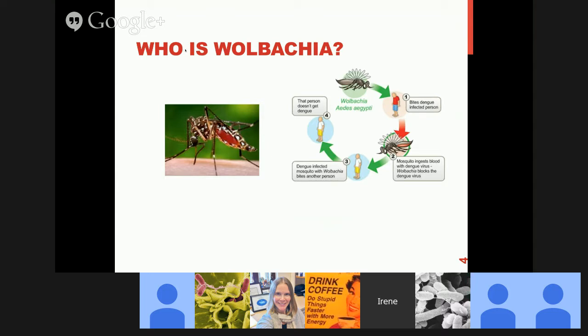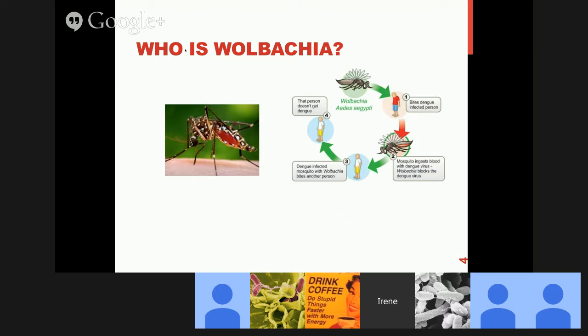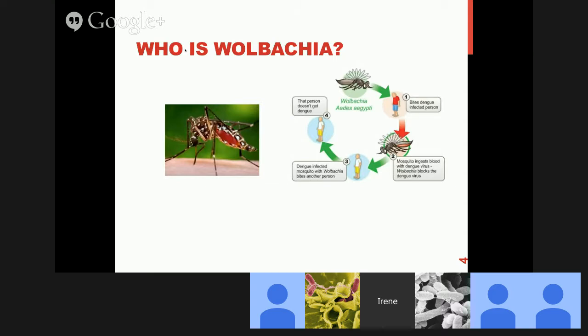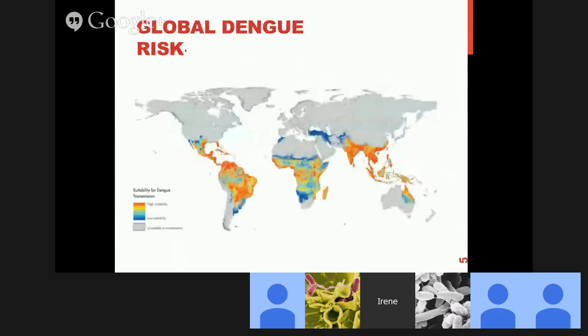Then when that mosquito goes on to take a blood meal from an infected person, the dengue virus cannot replicate within the mosquito. So when the mosquito bites another person, it does not transmit the virus. So in this way, you are preventing the transmission of this RNA virus by manipulating the vector, specifically through infection with Wolbachia. And this is becoming more relevant these days as global warming is altering the range of these different